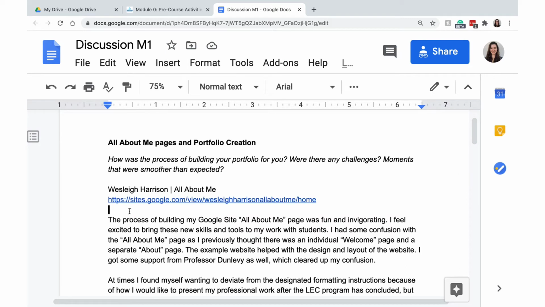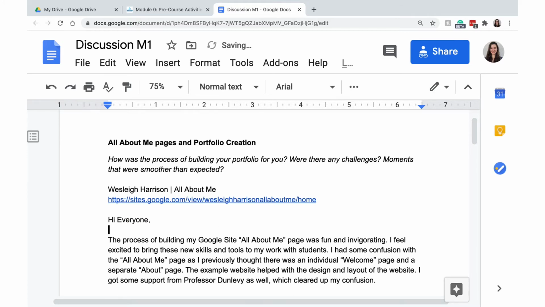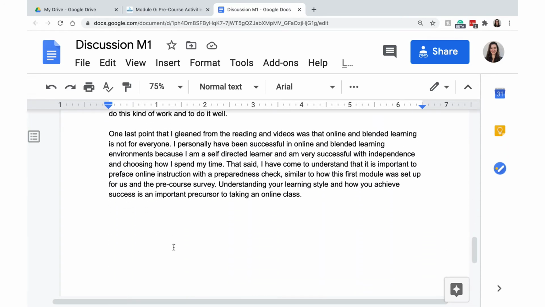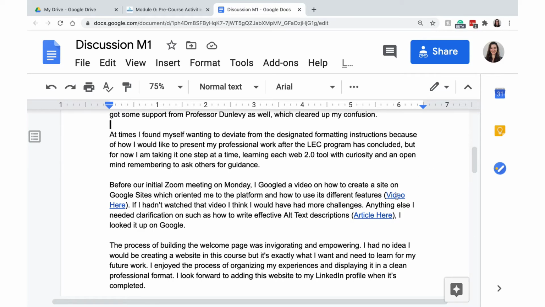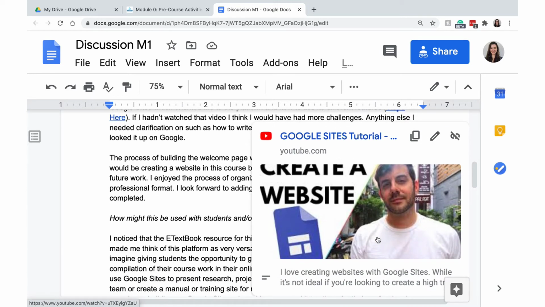Second is to compose your post on a Google Doc or Word doc before posting it. This will help you stay organized and it will help back up your work in case of a technical error. Third is to provide evidence of your claims with a citation or reference. It helps you deepen your understanding of the discussion topic.